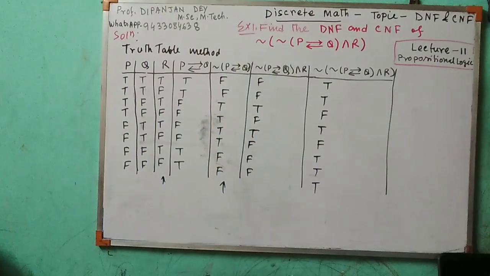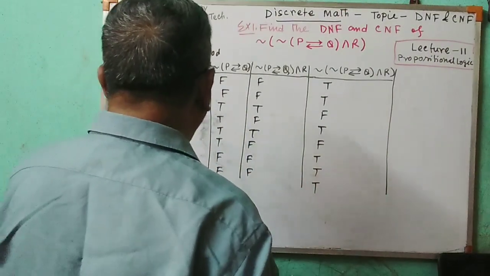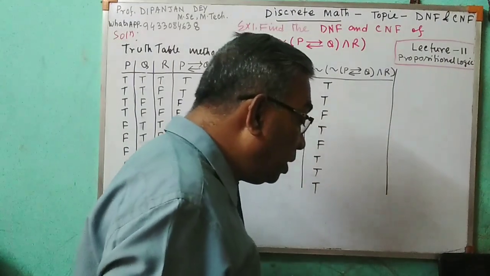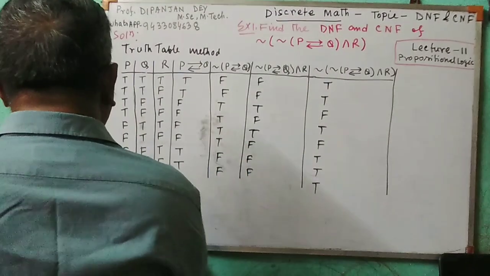By the truth table method, I am finding the DNF and CNF. Now suppose for CNF, then I am finding DNF. For CNF, you see,